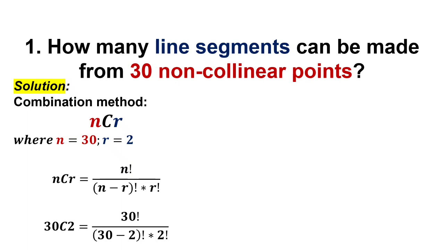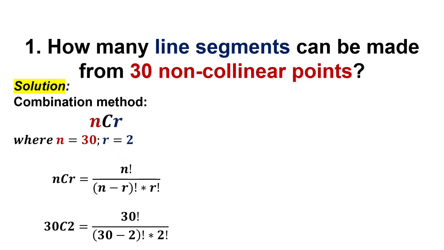Always remember that factorial is just something like multiplication in descending order. Okay, so we will start from the highest, that is the 30. So 30 multiplied by 29 multiplied by 28 multiplied by 27 until you reach multiplied by 1. So that is the application of the factorial. Okay, so just simply do the factorial method, the step-by-step procedure of factorial.